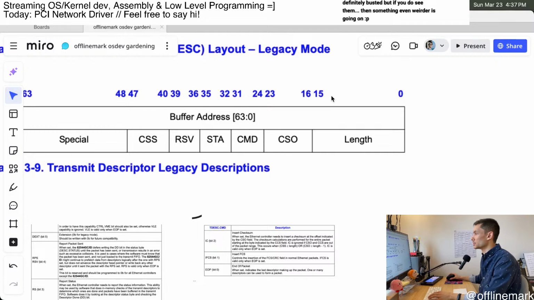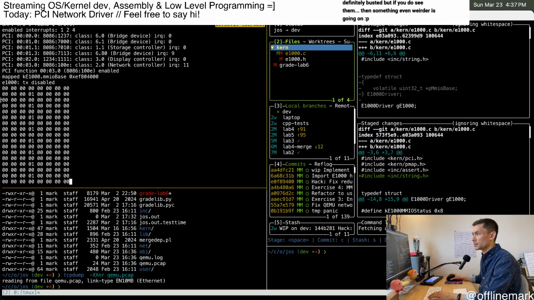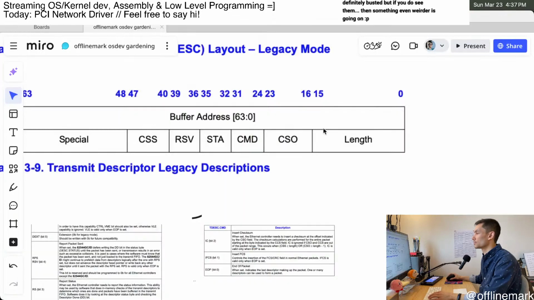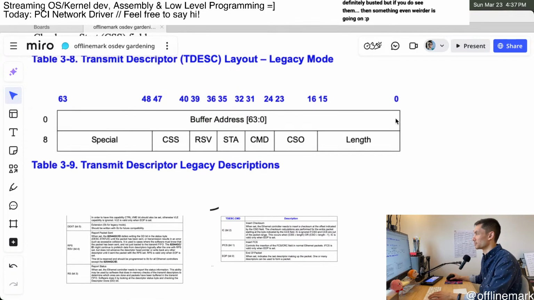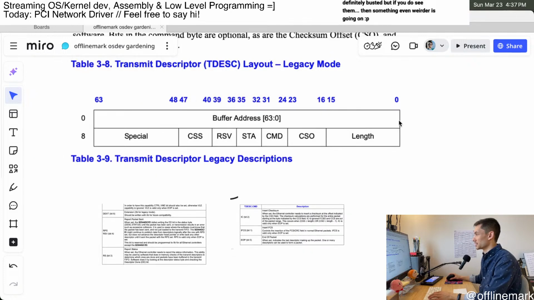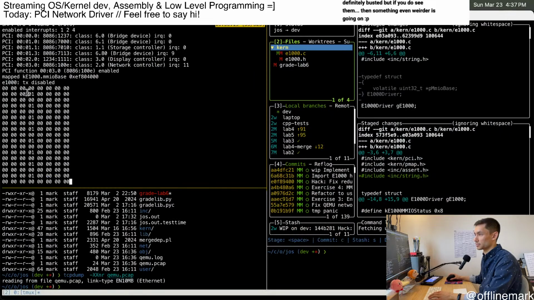This is 1, 2, 3, 4, right? So 8, then 1, 2, 3, 4. So this looks right to me. Because you start from right to left and then top to bottom. So on the 4th byte of the 2nd row,